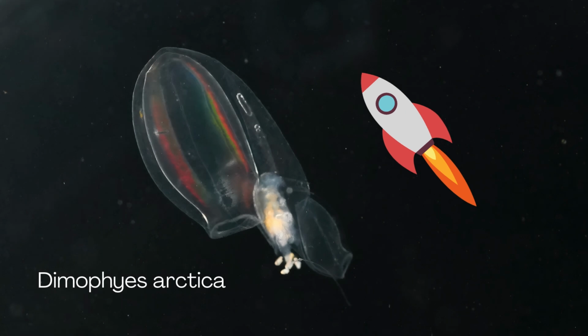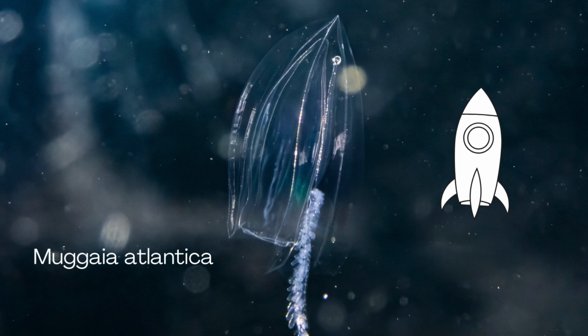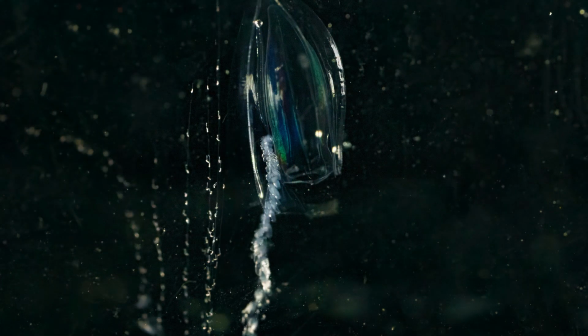A couple of other siphonophores to look out for that have rocket-shaped bodies instead of corncob-shaped bodies: Dimophyes arctica and Muggiaea atlantica. Look at those amazing iridescent colors. They're so cool. So the next time you venture out on the docks at night, keep an eye out for